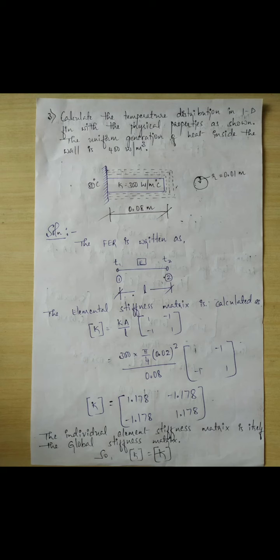Another difference you can observe here is this rectangular fin or 1D fin is made up of circular cross section with radius small r equal to 0.01 meter. Also, at the left end of the structural member, a temperature of 80 degrees centigrade is being applied. Once you closely observe the various details within the sketch as well as within the problem definition, now we are going to write the answer to the problem.